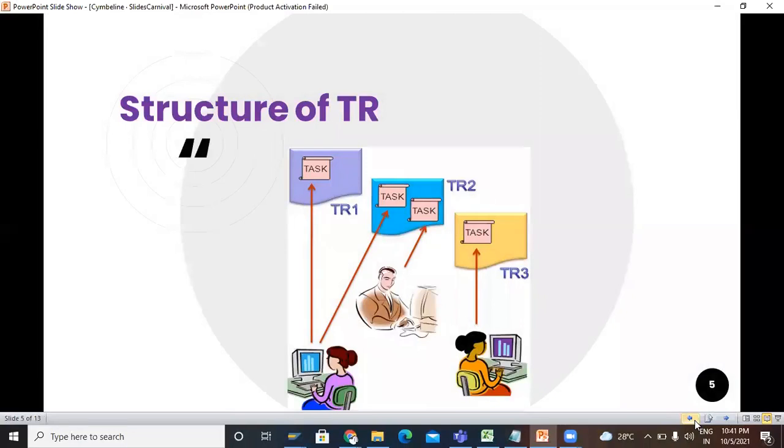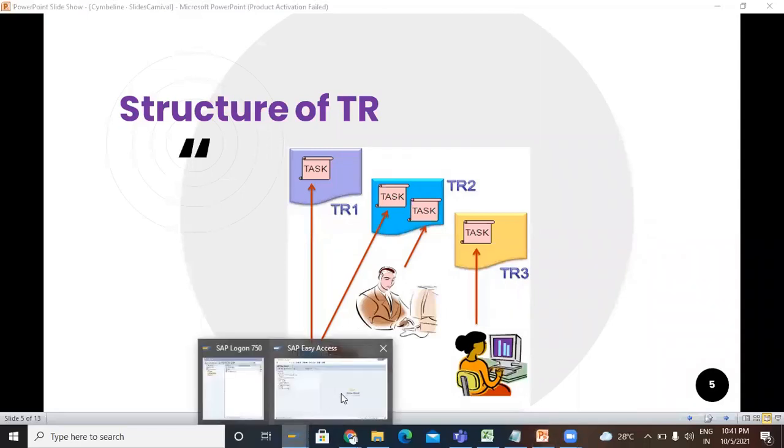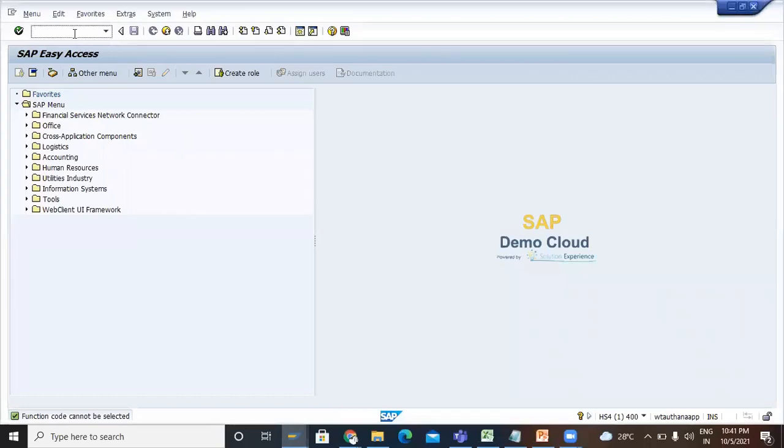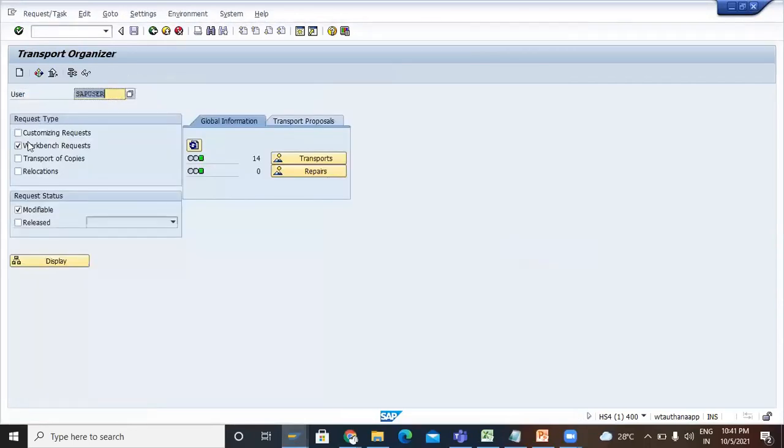The next, structure of TR. In a single TR, you can store multiple tasks. So now let me show you multiple tasks. Here we will use different T codes for TR: SE01, SE09 and SE10. SE09, request type, customizing, workbench and TOC.